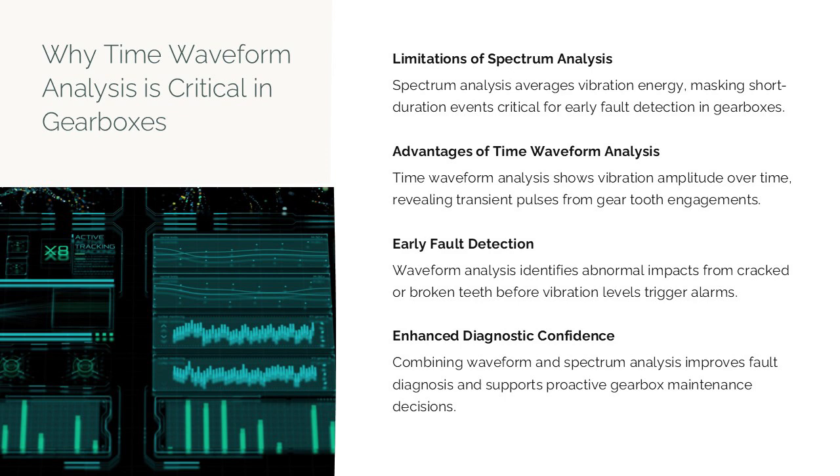Traditionally, spectrum analysis has been the primary tool used in condition monitoring programs because it clearly identifies discrete frequencies such as shaft speed, gear mesh frequency, and their harmonics. However, spectrum analysis inherently averages vibration energy over time, which can mask short-duration events that are critical for early fault detection. Time waveform analysis directly displays vibration amplitude as a function of time, allowing engineers to observe transient events as